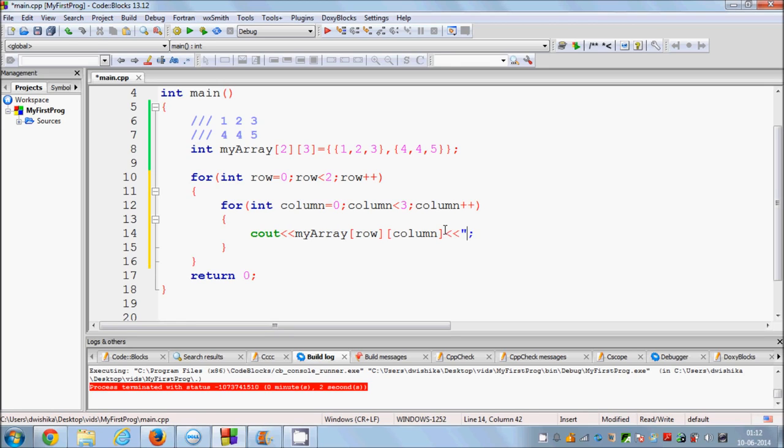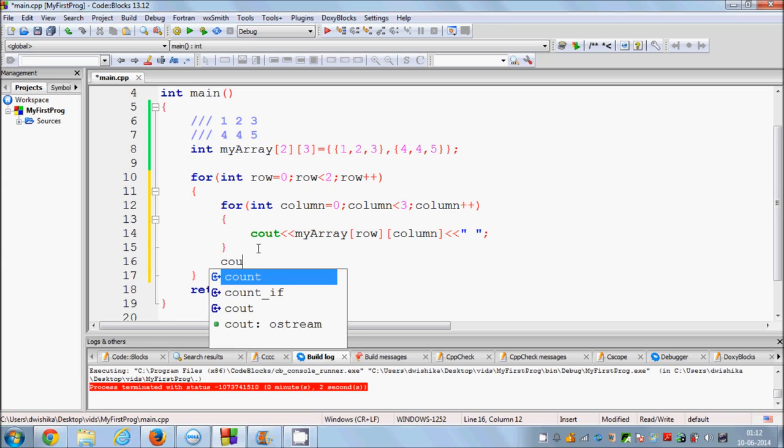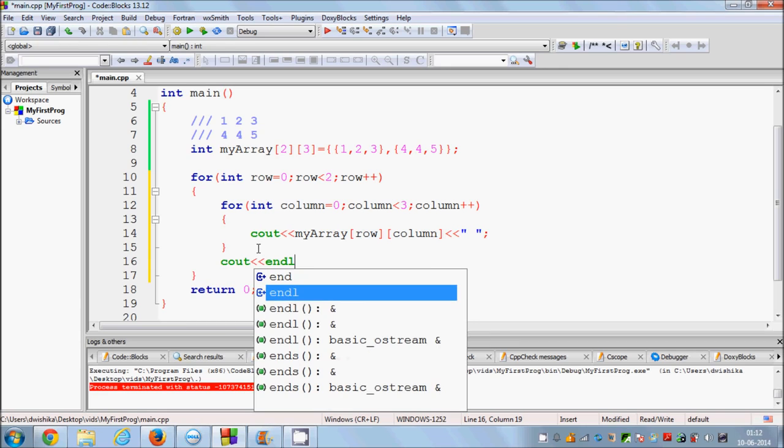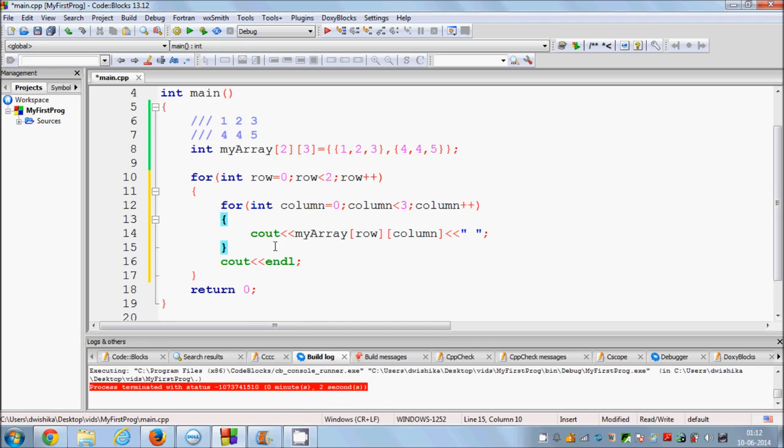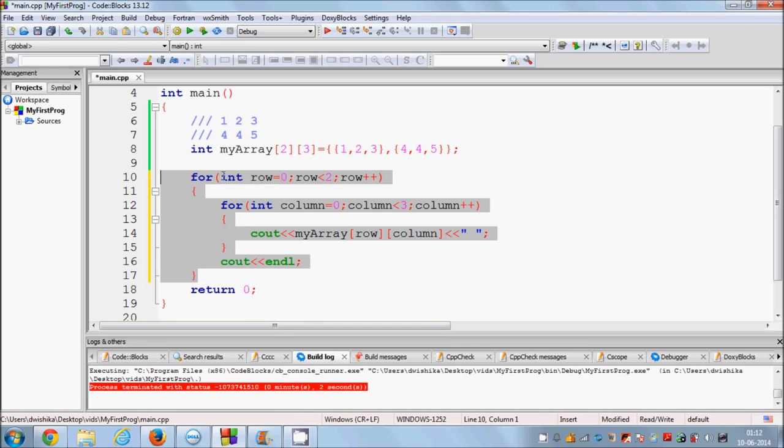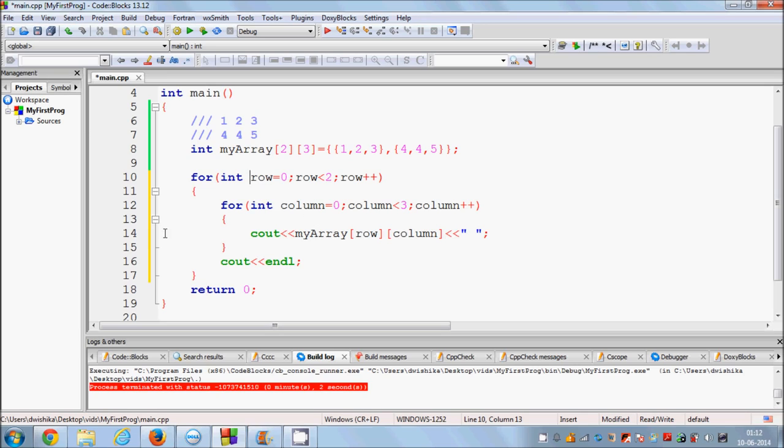So give a space here, and in order to change the row, you need to write in the outer for loop cout and endl. Okay, now what this nested for loop will do is it will loop around rows, and then it will loop around columns,